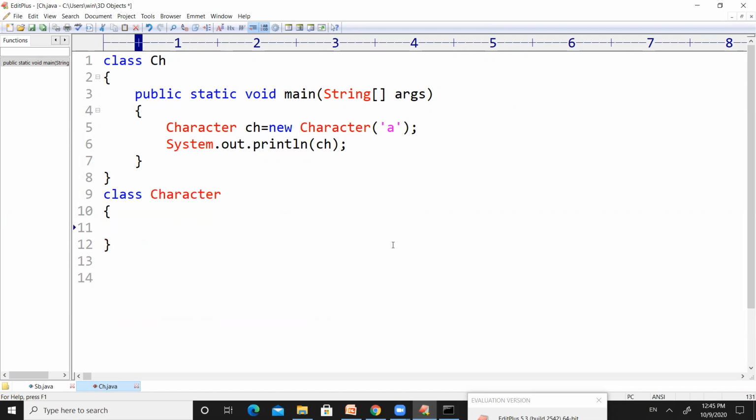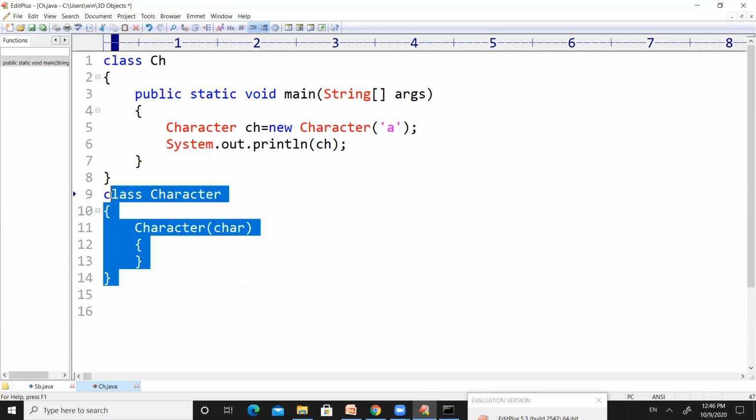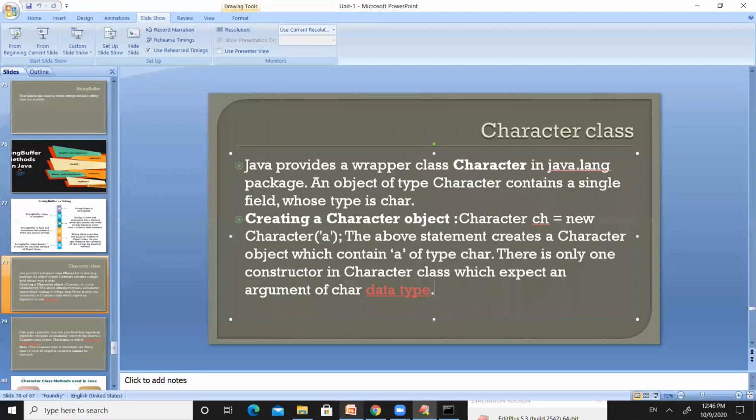So inside the Character class, there is only one constructor, right? Which will take a character as a parameter, right? So this is how the Character class structure will be inside the Java lang package. So that is the point which was represented here. So there is only one constructor in the Character class.